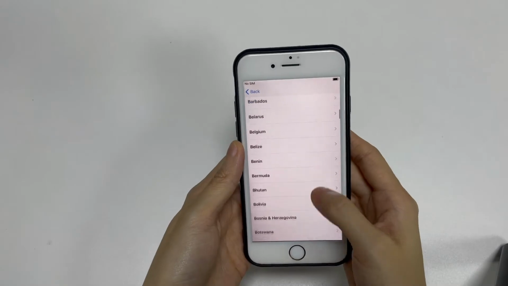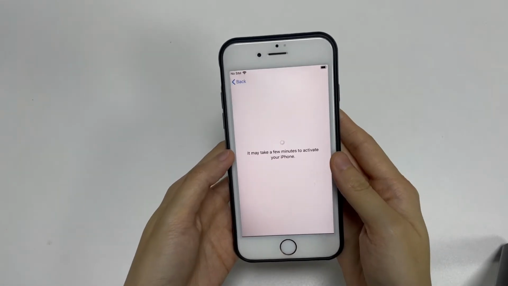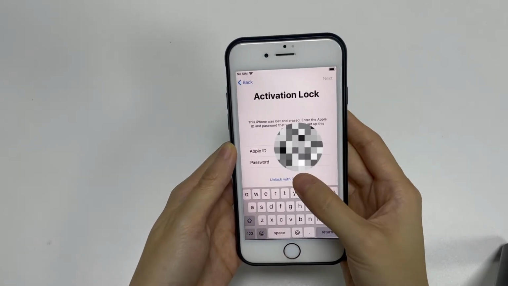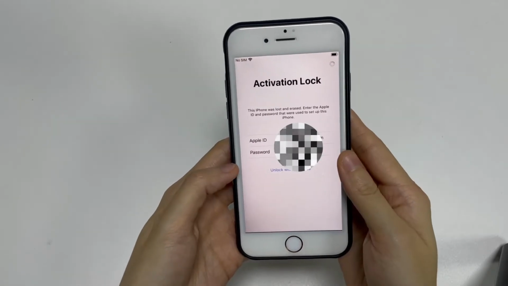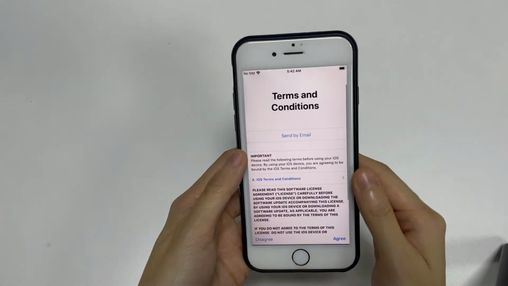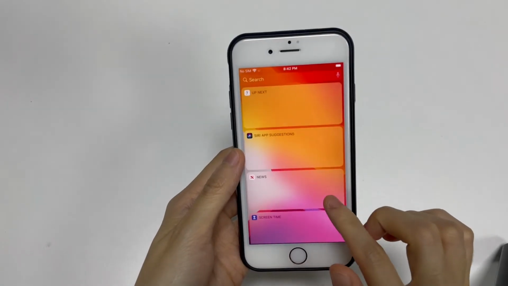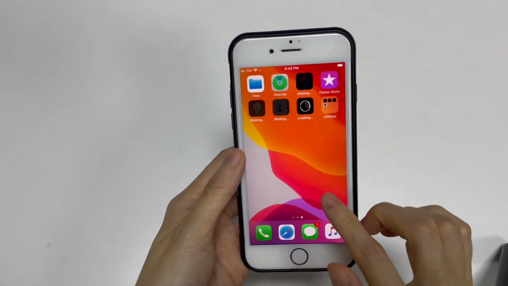I successfully did this and my iPhone has returned to the factory default condition. Then follow the on-screen instructions to set it up from scratch. Make sure that you have the Apple ID and password so you can use the device again. If you have a backup on your computer or iCloud server, you can use it to get back your information.